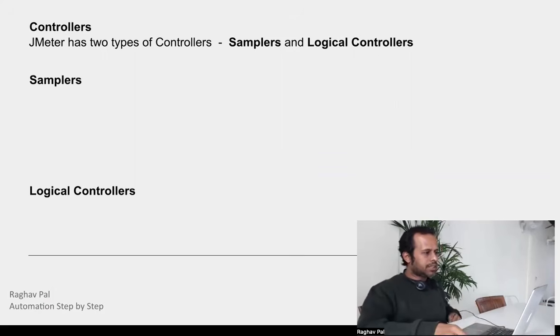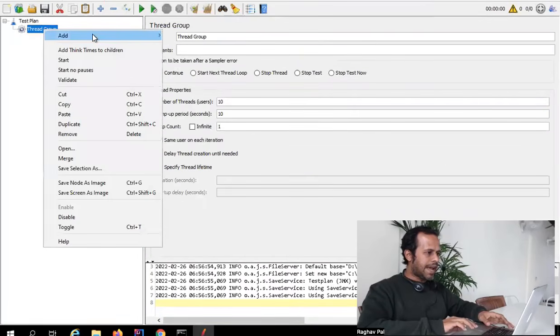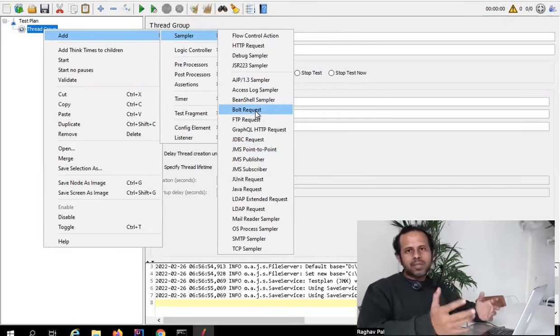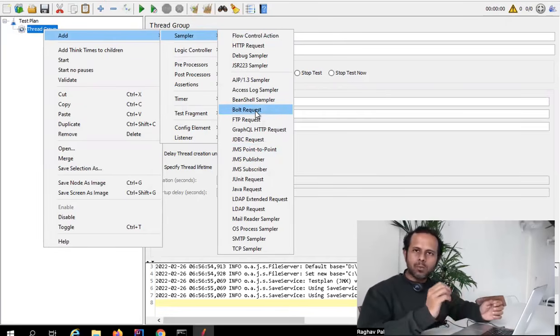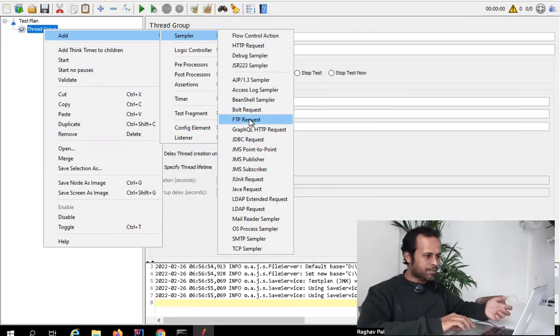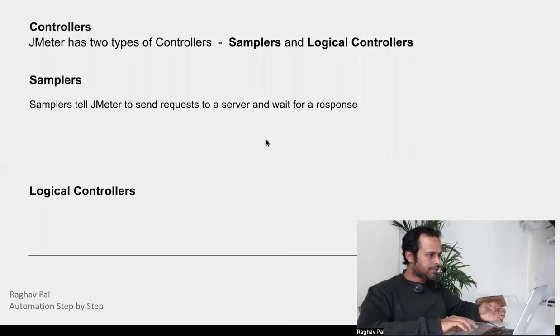Coming to samplers, if I go to my JMeter and go to thread group, do a right click and say add and go to sampler, you can see there are so many samplers in JMeter. And the sampler you will select based on the application you are testing. For example, if you are testing a web application, you will select the HTTP request sampler. If you are running an FTP test, you will select the FTP request sampler. Similarly, there is a JDBC sampler for database and so on. So based on the application, we have samplers in JMeter, and these are the actual elements that run the request. So these are samplers, and here